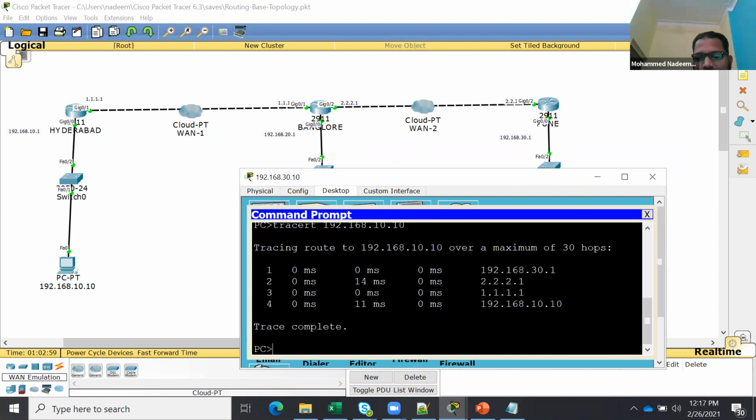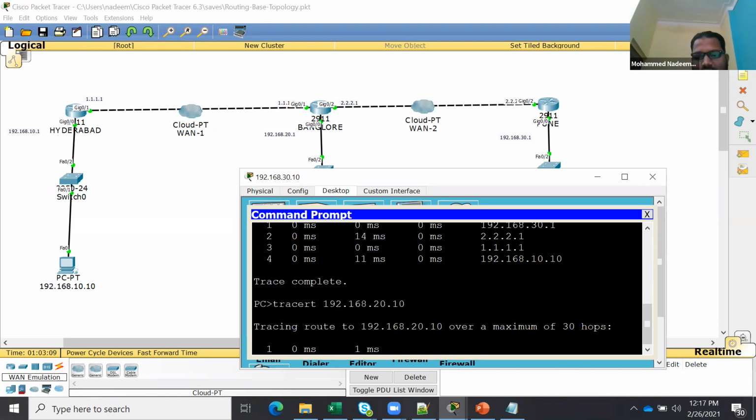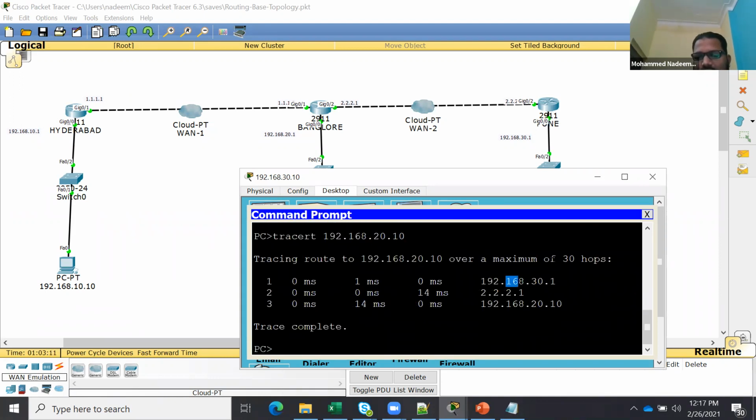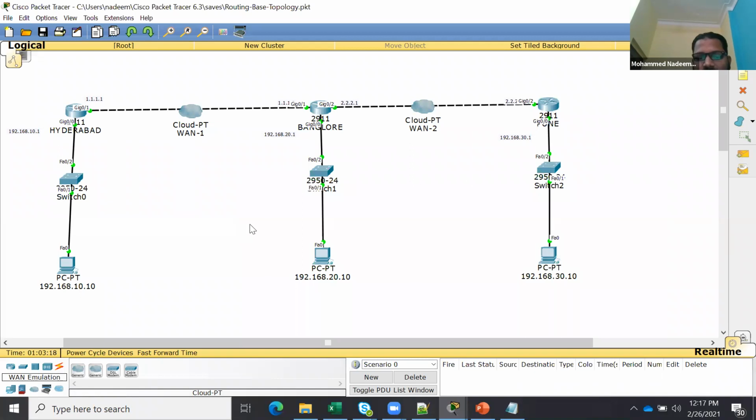See, first again it's going to the first gateway, then the next hop, then the next hop, and then here. Similarly, if I ping 20.10, see, first it's going to the gateway, then to the next hop, then down. By looking at the diagram, you can say what next hops there will be if I trace from here to here: first, second, third. If you reach that level, then routing is in your pocket.